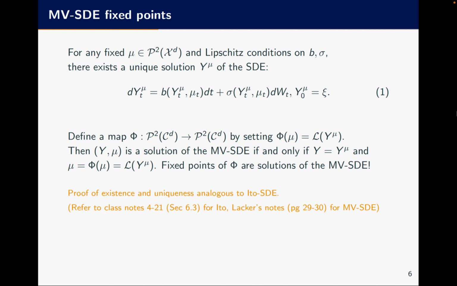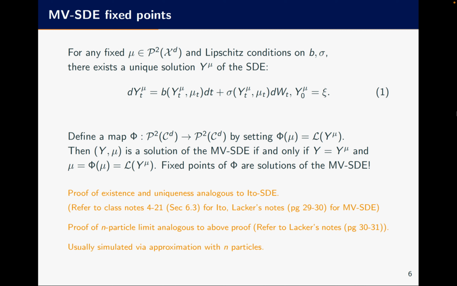The proof of existence and uniqueness is analogous to what's done in class for E2SDE. The proof of convergence for the n-particle system to the McKean-Vlasov SDE follows similar steps. In practice, the McKean-Vlasov SDE may be simulated by approximation with n particles. I was interested in the richer probability flows of interacting particles over non-interacting particles, and thus we now look at